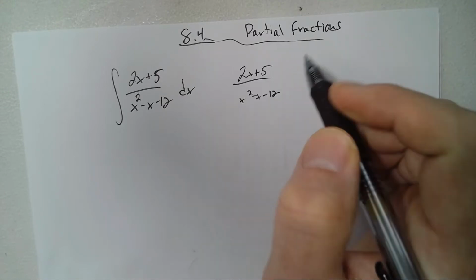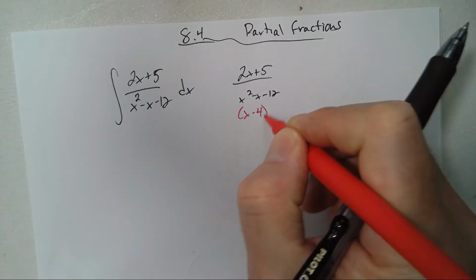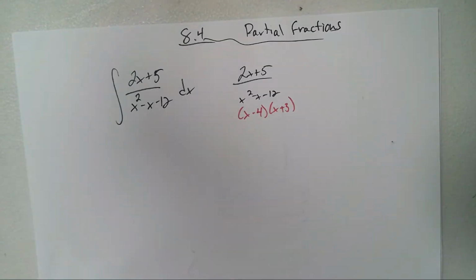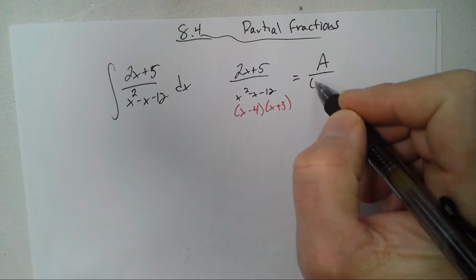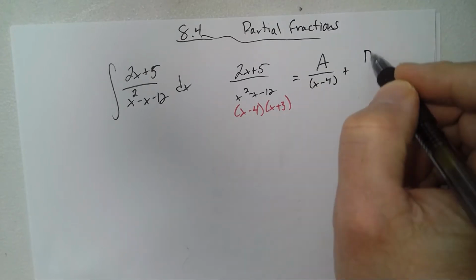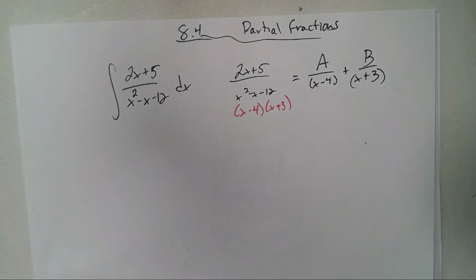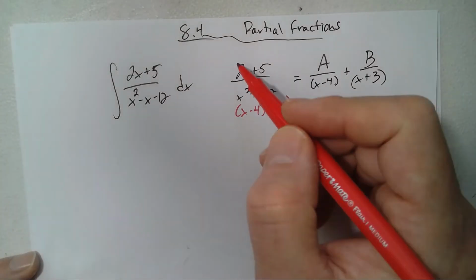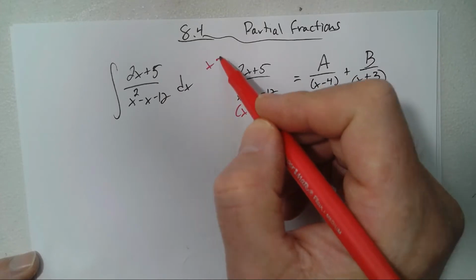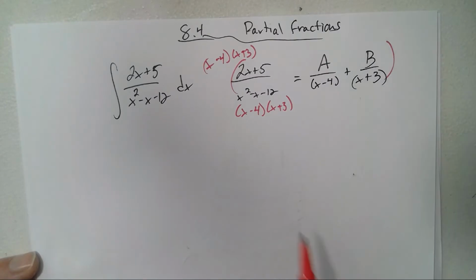So just looking at 2x plus 5 over x squared minus x minus 12. First thing you want to do is factor the bottom, x minus 4, x plus 3. And then we can rewrite this as A over one of the factors and B over the other factor. And then we can multiply both sides by this red amount. So multiply x minus 4 times x plus 3 times both sides,